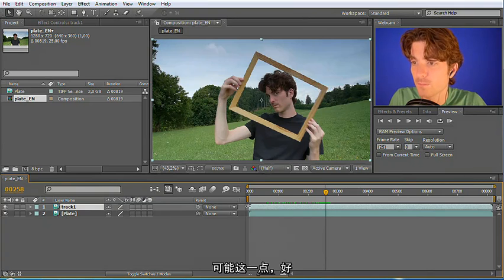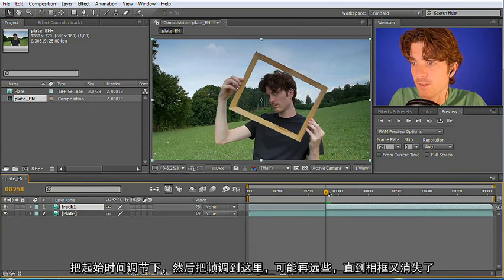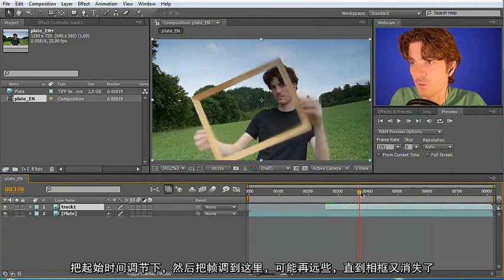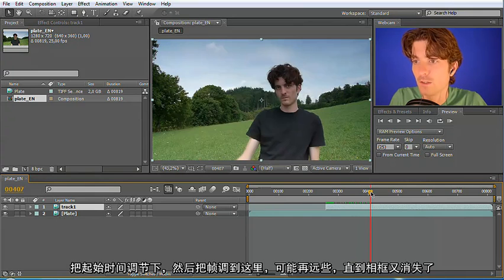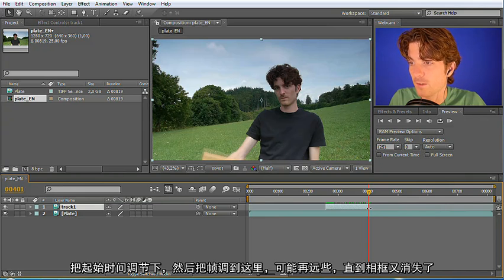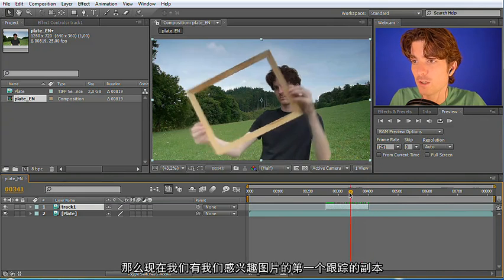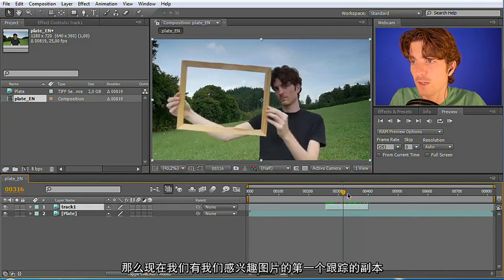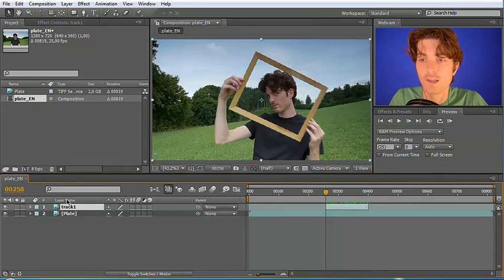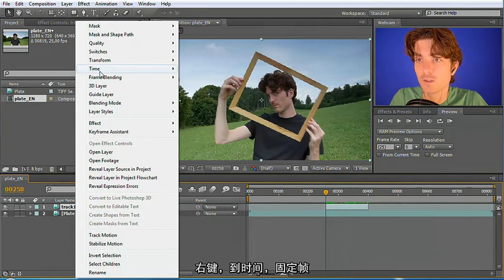Maybe better this one here. Okay. And we set the in point there, and then we go to the point where the frame about here, maybe one further, one here, where it disappeared again. So now we have a copy with exactly just the part that we are interested in for the first track. And now we right click here and go to time